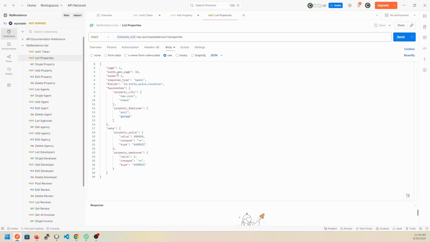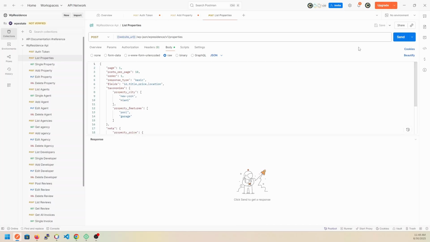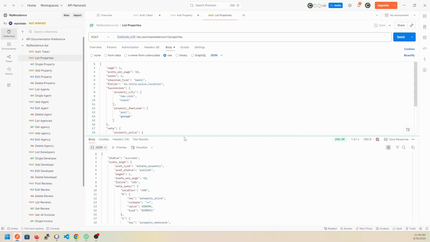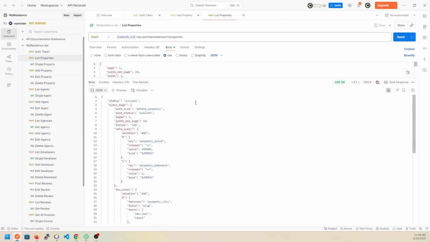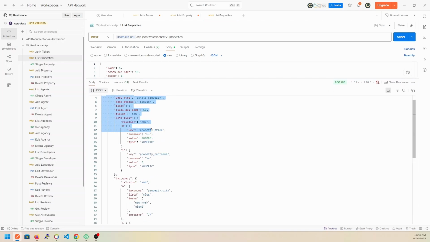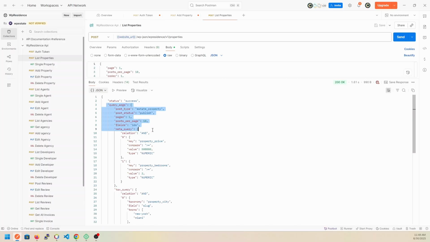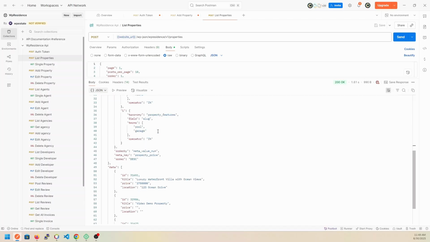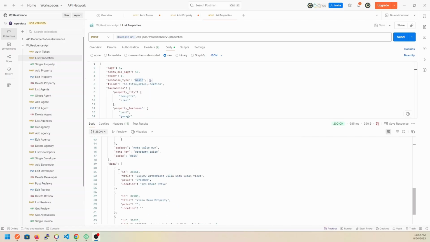For example, the page, how many posts per page, what type of order, taxonomies, property feature taxonomies, meta property price, and you just have to click send. And this is what the response will be, and we have here the query arguments. This is not necessary to be used, but to have a recap of what you sent, and we have the data. If you are looking at the details, you will see that we have only 4 fields: ID, title,